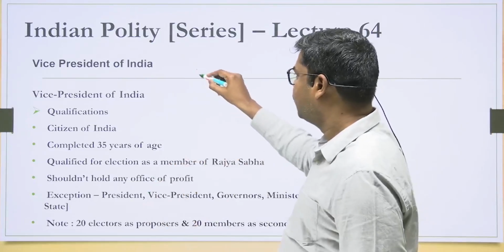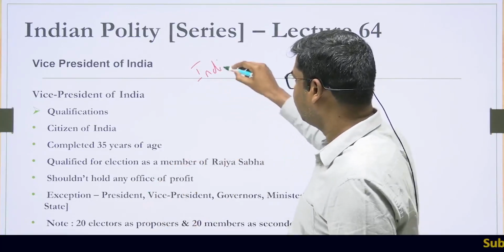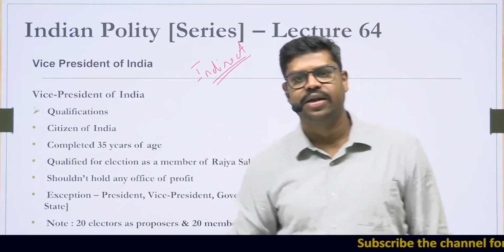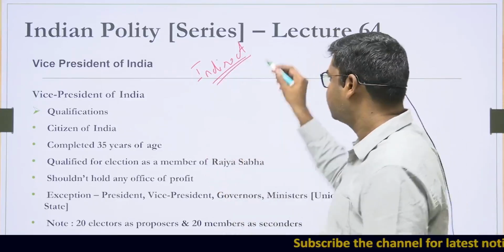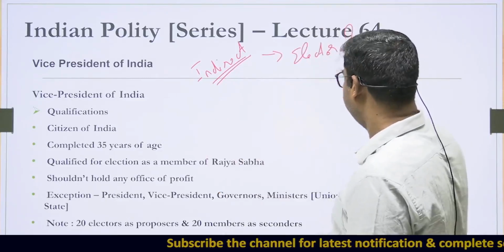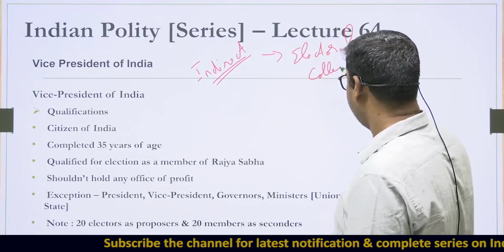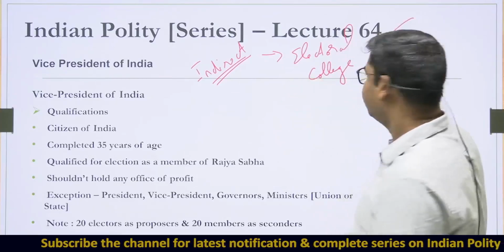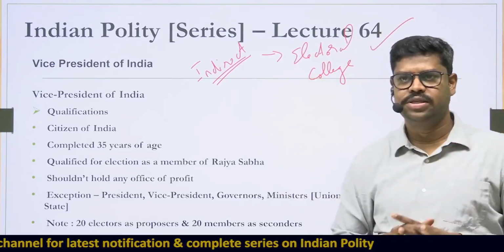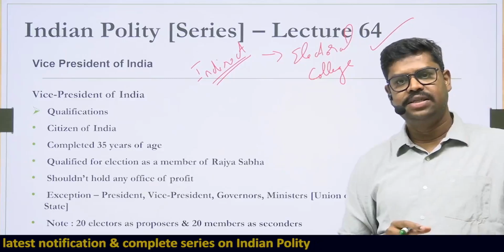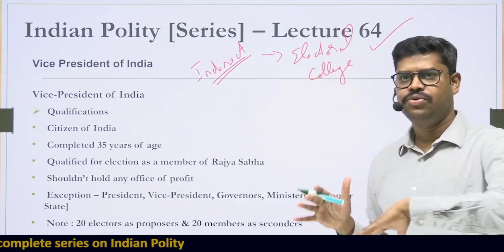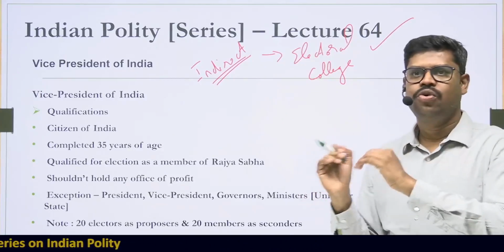So what is common between both the president and the vice president? They are both elected by an indirect election. So the moment I say that they are elected by an indirect election, there is something which is called an electoral college. That means they are not elected by all the people, but they are elected by an electoral college. So electoral college always means that there are certain categories of people who will be eligible to vote in these elections. So the president has a different electoral college, the vice president has a different electoral college. As we proceed, we will try to understand who constitutes the electoral college.